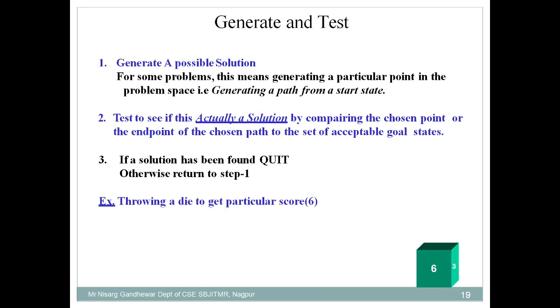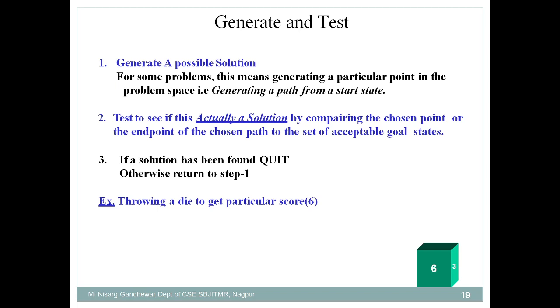So first we discuss generate and test. As its name suggests, the concept is simple. In this case you are present in the problem space. In the previous unit we discussed the water jug problem, where we saw the concept of problem space, or search space.